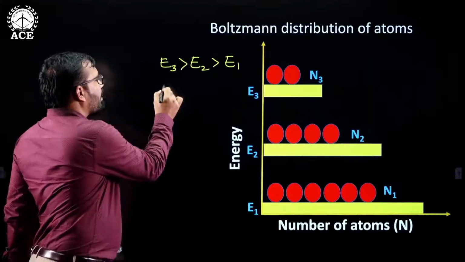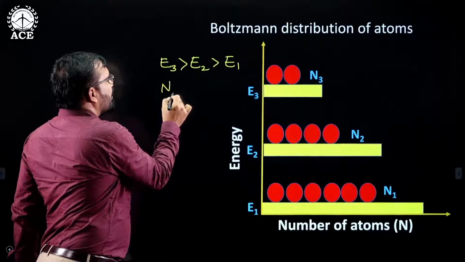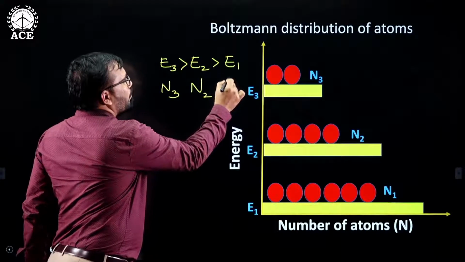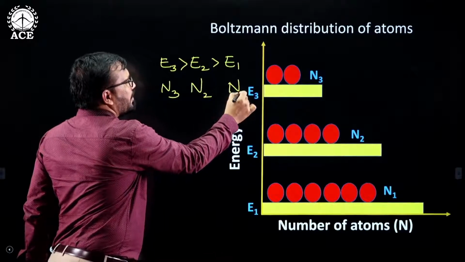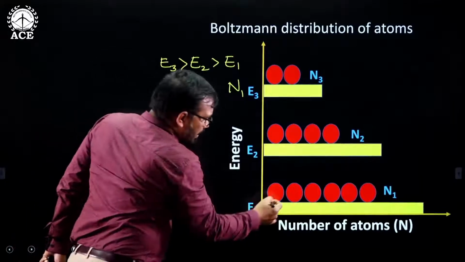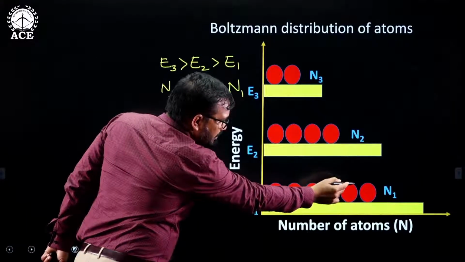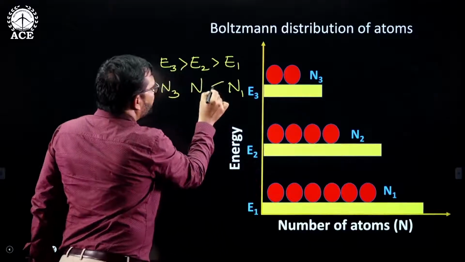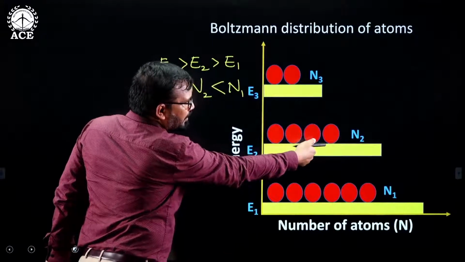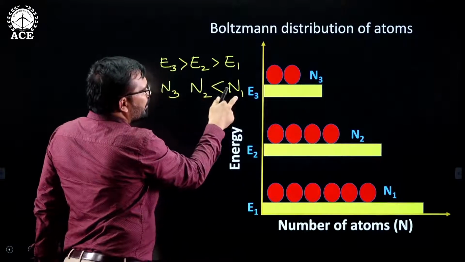But what about the number of atoms in the E3 level? N3. What about the number of atoms in the E2 level? N2. What about the number of atoms present in the E1 level? N1. Which level has more atoms? E1 has N1 atoms, and N1 is more. How many atoms? 6. How many atoms in N2? 4. Means N1 is greater than